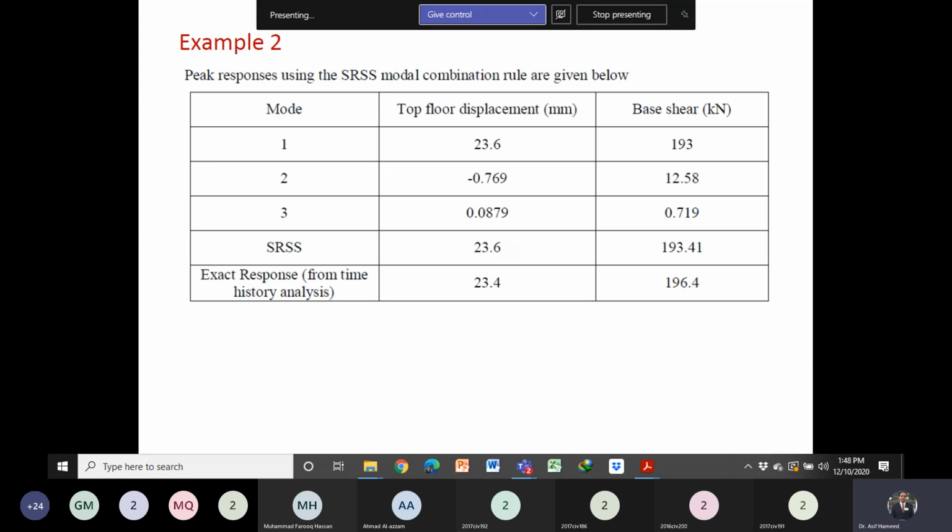By using the response spectrum, we can solve manually. It's much easier than the time history analysis. If you have to perform the time history analysis, you have to use the numerical techniques. Definitely you can write the equation of motion, but you cannot solve analytically. But if you are using the response spectrum, we can see the response value against the natural time period and the damping ratio from the graph. We can calculate the response in each mode, and then by using the modal combination rules, we can find out the total response. Any question?